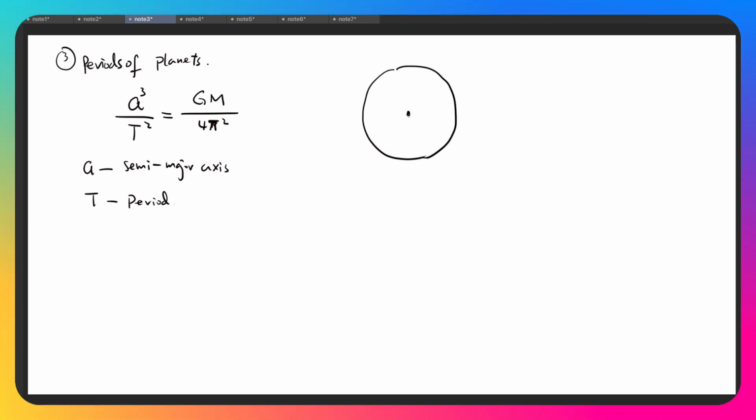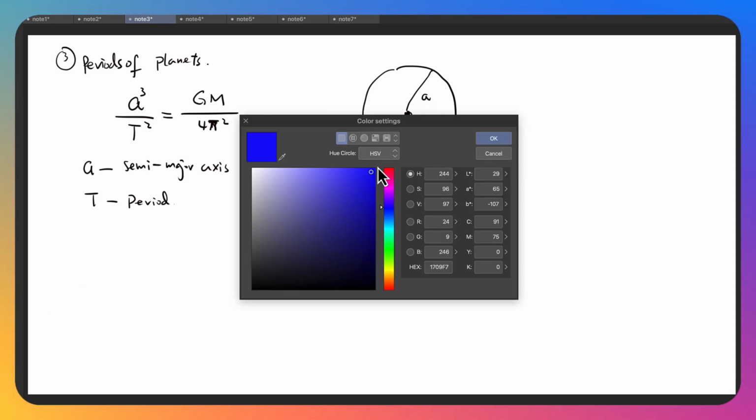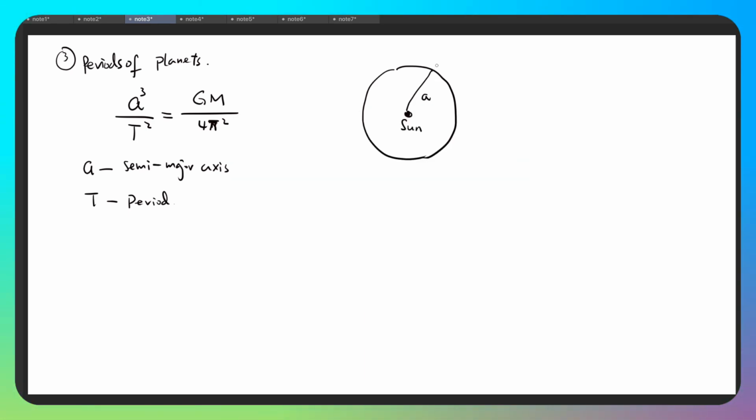The sun is at the center, and the radius here is A. Now we know the force that confines the planet's circular motion is the gravitational force Fg, and Fg is given by G. Let's call the mass of the planet little m, and the mass of the sun capital M. So it's G M m over A squared. And such a force supports circular motion, so it equals